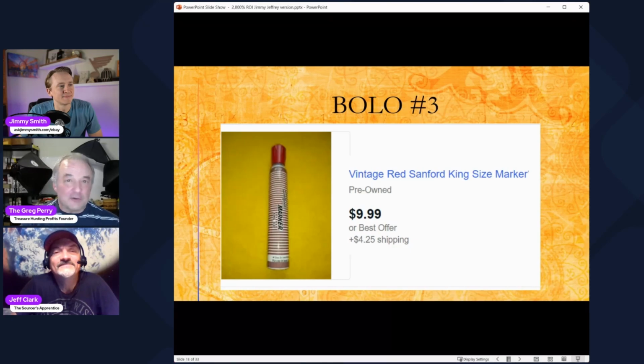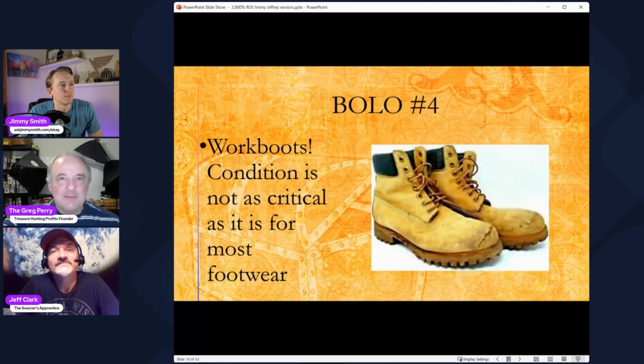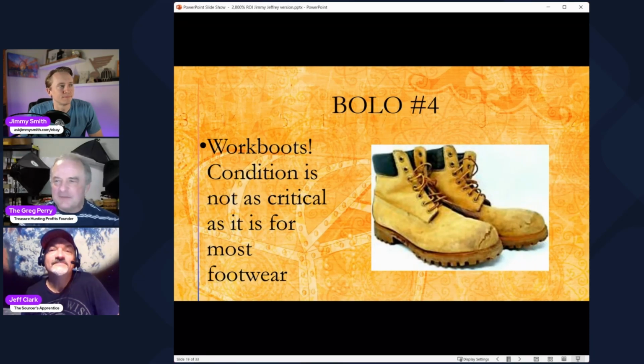I'm going to go ahead and give you another bolo right now. I think it will shock you. These ugly boots. These are work boots. Now, work boots often look like this, a high top, kind of thick. This is a thick kind of suede leather.